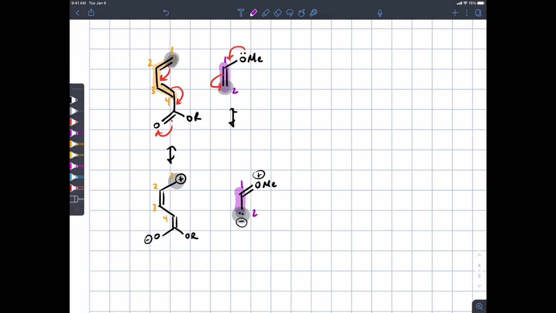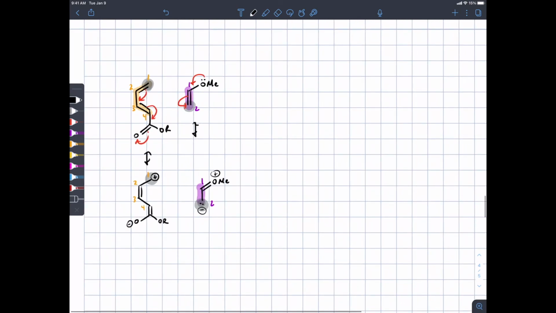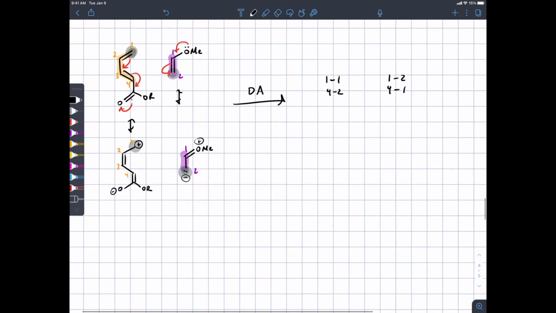So, which regioisomeric outcome am I going to want to get from the Diels-Alder reaction of these two molecules? Is it going to be the one where I have 1 and 1 connected and 4 and 2 connected, or 1 and 2 and 4 and 1? Remember, I want to line up the electron-rich portion of one molecule with the electron-poor portion of the other molecule, which would tell me that perhaps the best way of approach would be